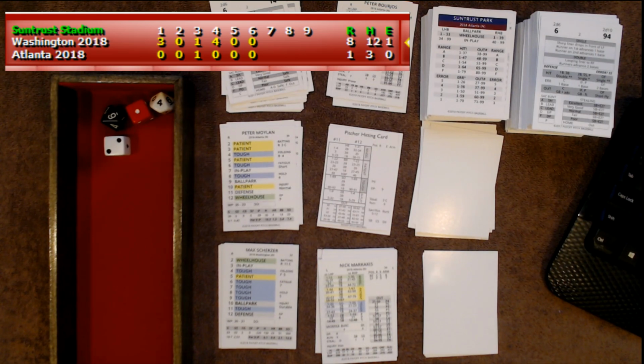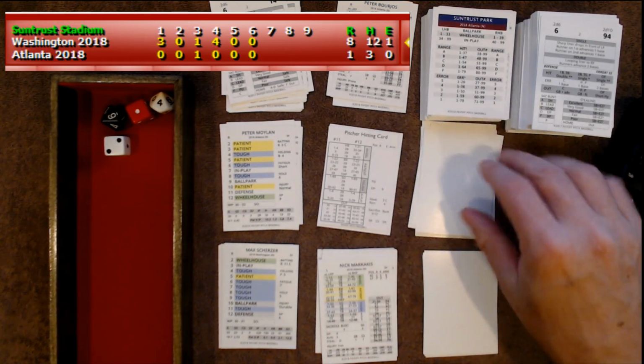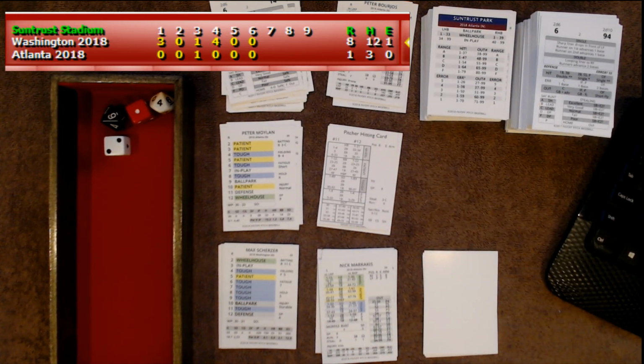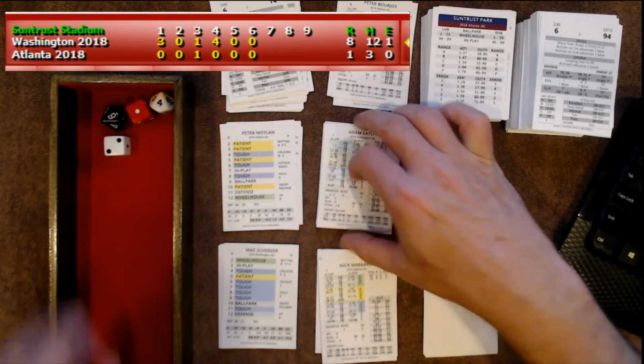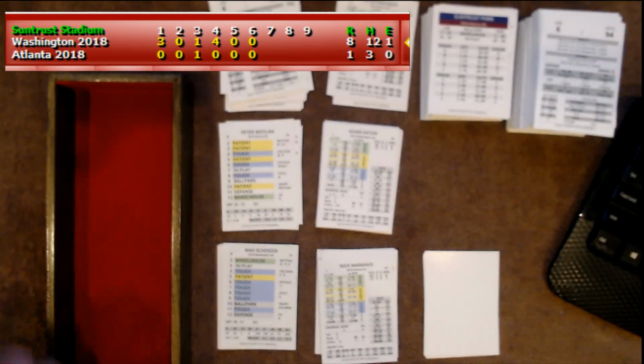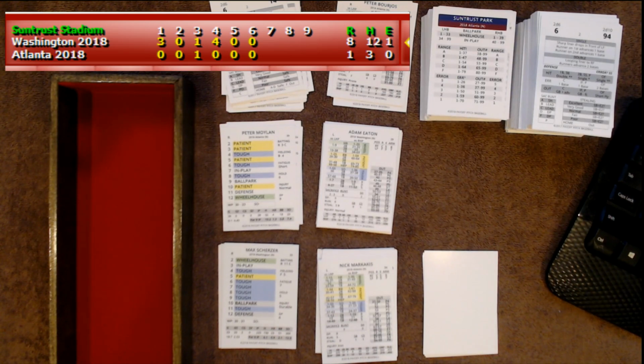That's a 3. 3 is Patient 64. Patient 64 is going to be out of his range, though. 64 is a grounder to second base again. And Defoe will stay at third. So the leadoff triple is not scored. 2 ground ball outs. They could have sent him, but, you know, whatever. Adam Eaton.